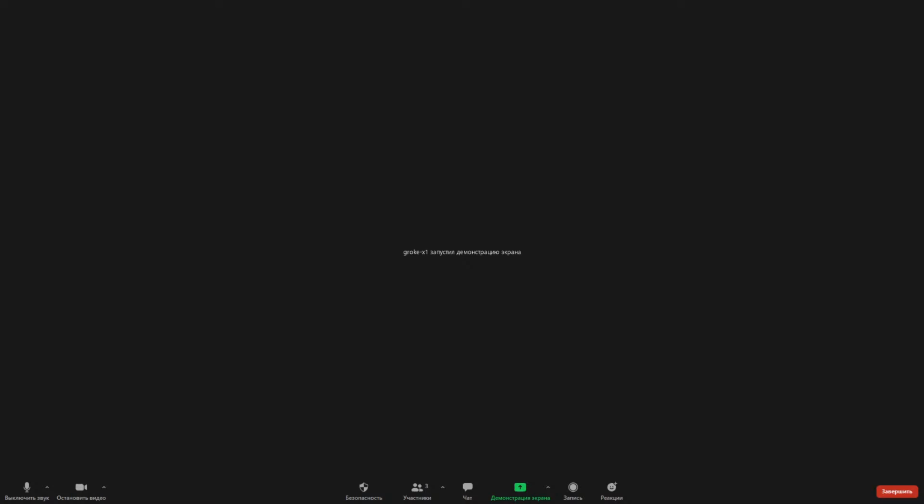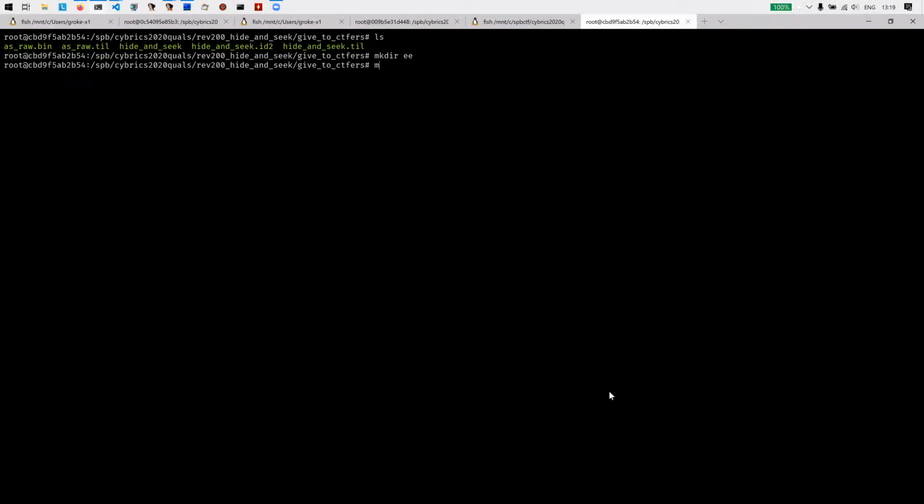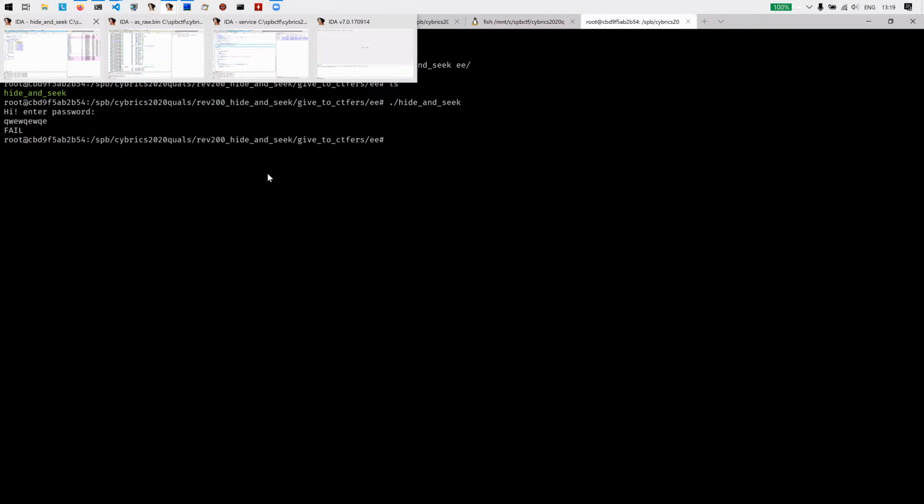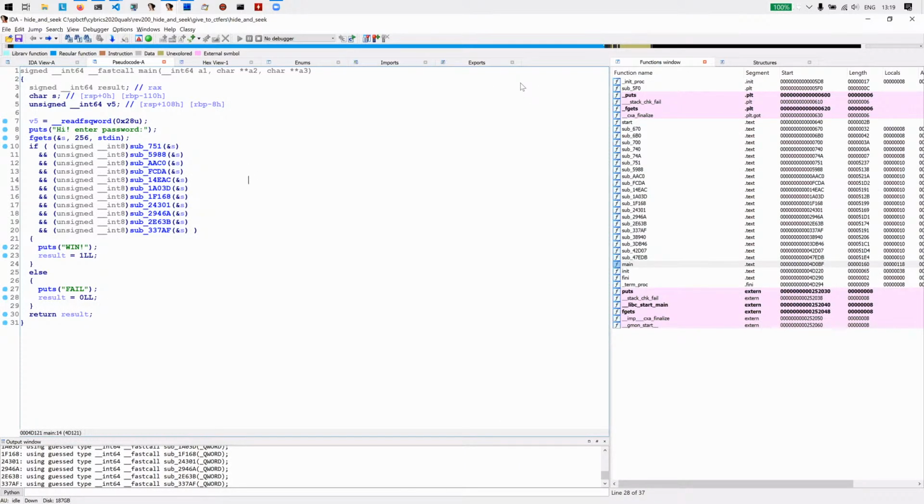Hi. All right. Now we will talk about the hide and seek task. Let's move it here. We were given a binary. We can run it, for example, and see that the binary asks for some password. So what we usually do is load this binary in IDA. And in IDA, we can see